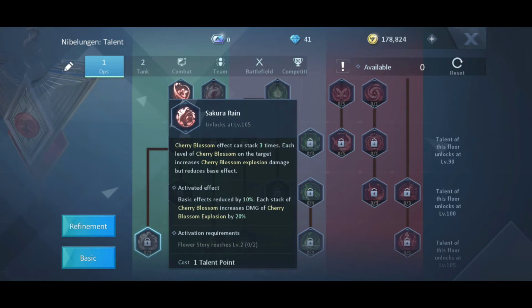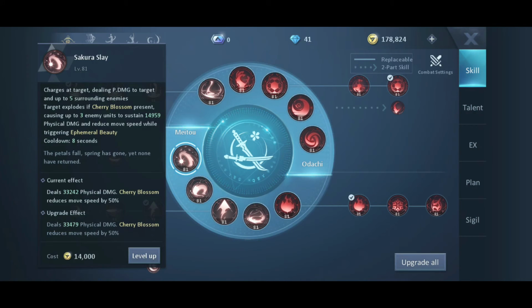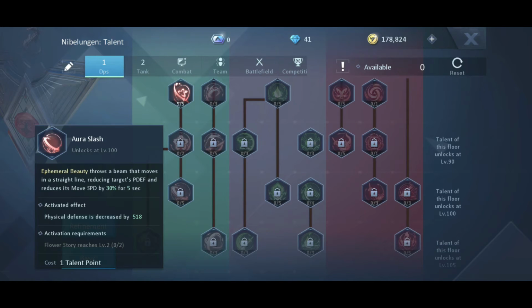One unlocks at level 100 and the other one at 105. The one at level 100 is very good. Infernal Beauty throws a beam that moves in a straight line, reducing target's physical defense and reduces its movement speed by 30%. So basically, the Infernal Beauty, it's right here. Infernal Beauty will throw like a line that's gonna have the effect of negating or decreasing physical defense and slowing your enemies,